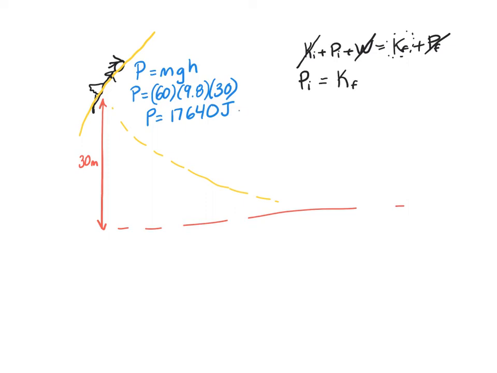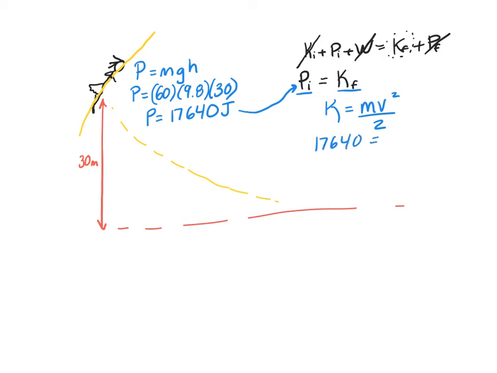Okay, so now there is our potential. So that's also actually our kinetic by the time it gets to the ground. How fast is he going? Well, in order to do that, we're always going to have to come back to the equation that relates kinetic energy to the velocity. So the kinetic is